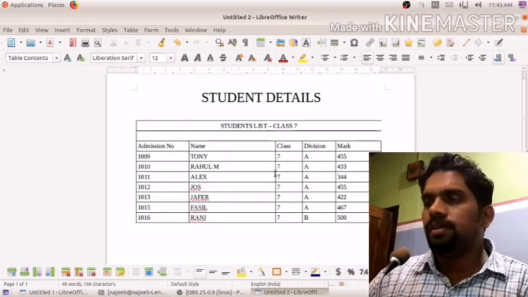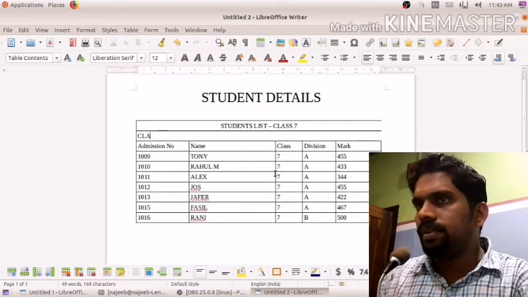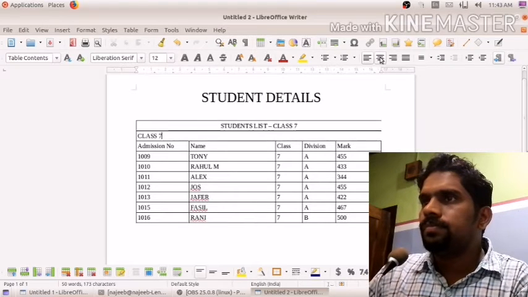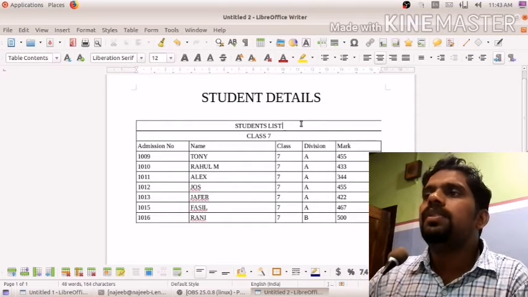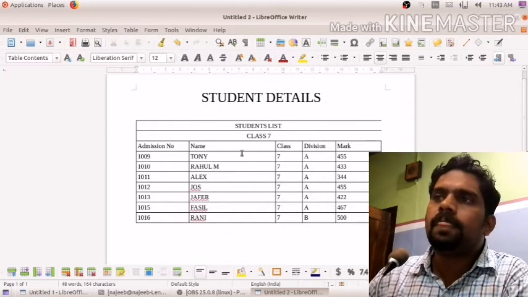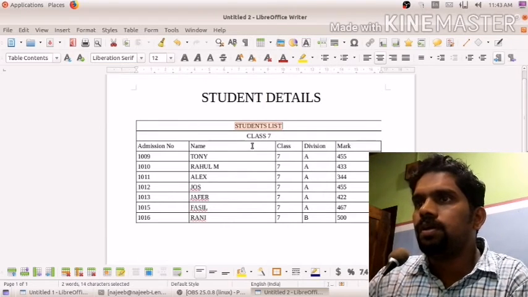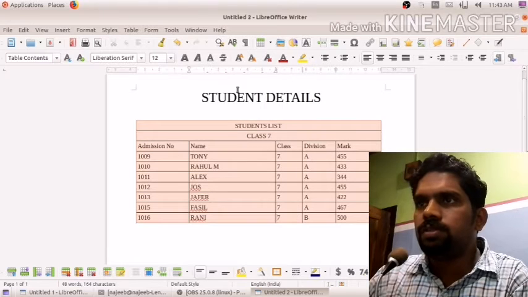Then here, if we want to write like this, class 7 under this one, class 7. Okay, then we can delete this one. Okay, now that table is split into two parts. Okay,